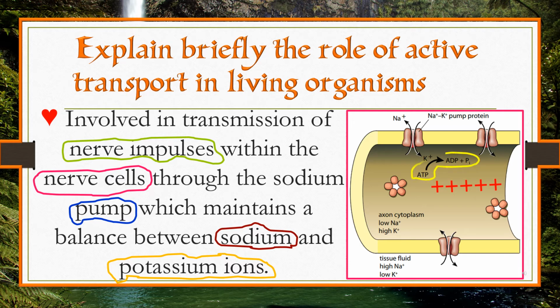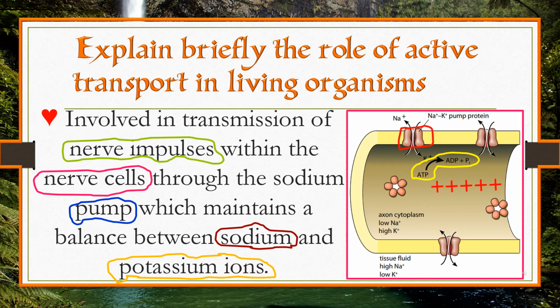Now, we shall use energy, which is stored in the form of ATP. ATP is going to break down into ADP plus phosphate ions. And when it breaks down, it is going to provide us with energy. Now, this energy is going to help the sodium-potassium pump start working. As it is working, it will push out the sodium ions from the axon cytoplasm into the tissue fluid. And by doing so, it also pumps in potassium ions from the tissue fluid into the axon